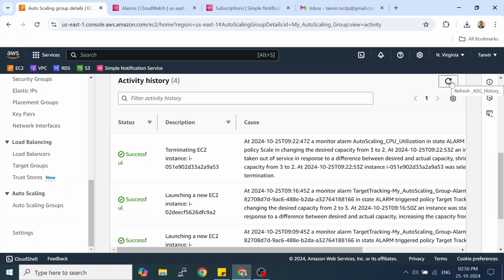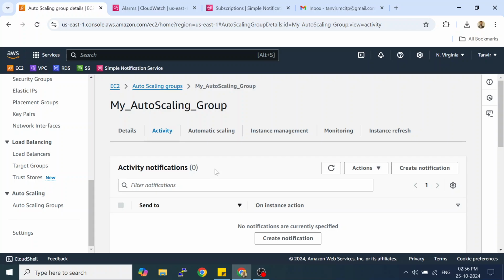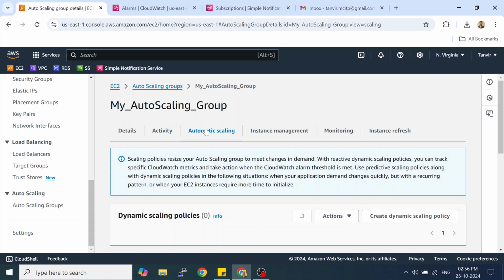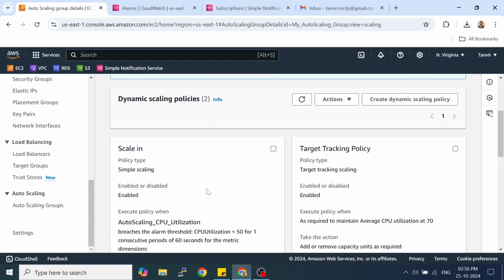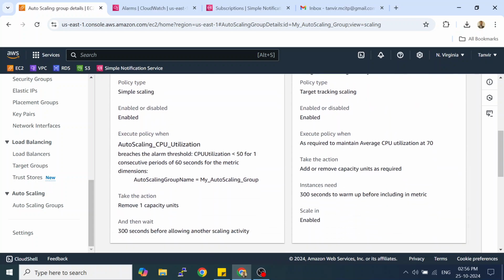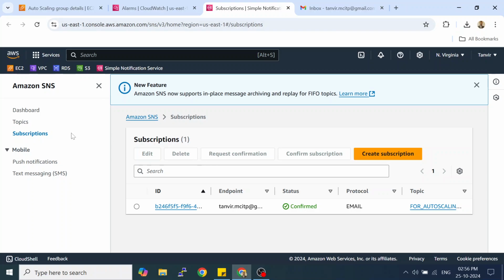Okay. So like this, you can wait and you can see the instances start getting terminated. I have set it to terminate only one, that's why in this policy it has deleted one. If you want to remove all the capacity, two capacity, three capacity, you can define that in the actions. Okay. So now instead of waiting, I am going to